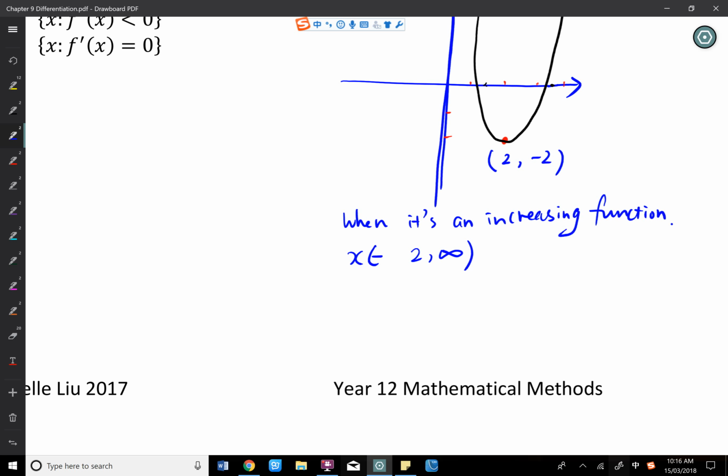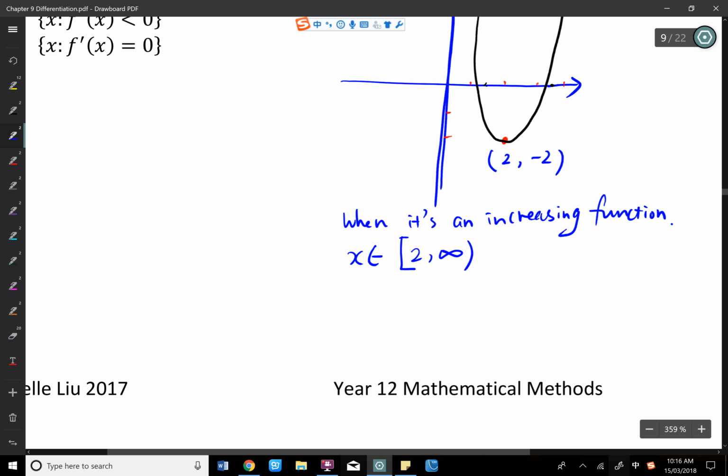Square bracket or round bracket? Should we include the turning point for an increasing function? It is inclusive. So for a decreasing function,